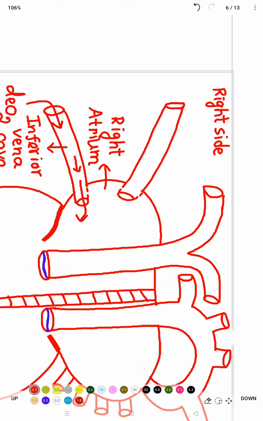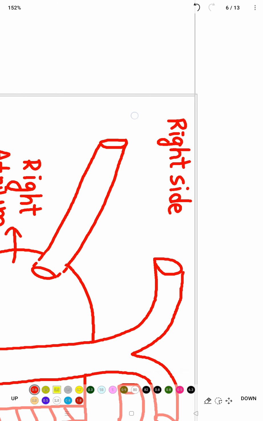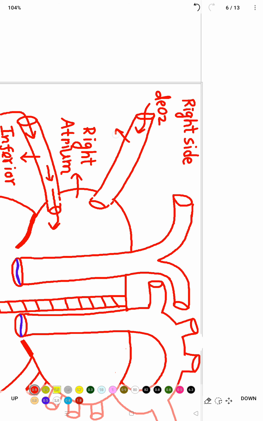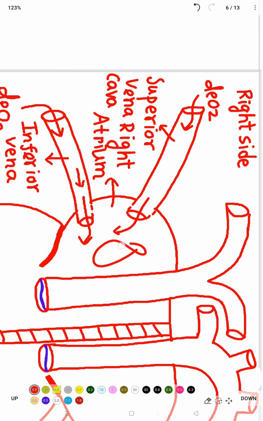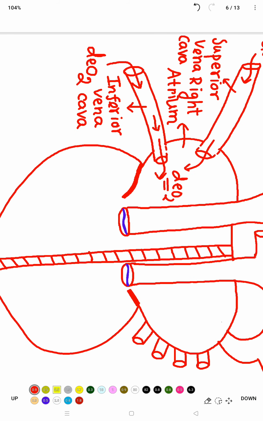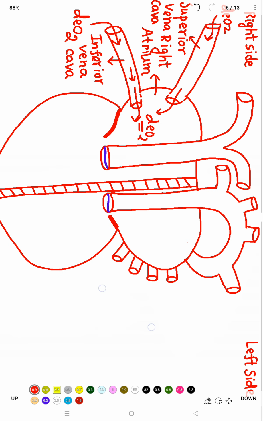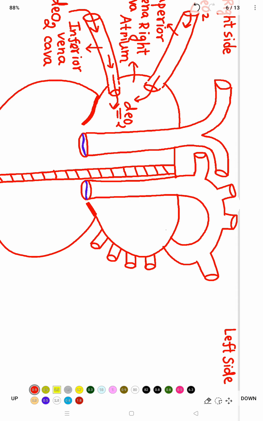And from the upper side of the body, the deoxygenated blood again comes inside the superior vena cava. This is superior vena cava, and goes inside the right atrium. Now inside the right atrium, the deoxygenated blood comes. Now if we see the left side of heart, here from the lungs, after